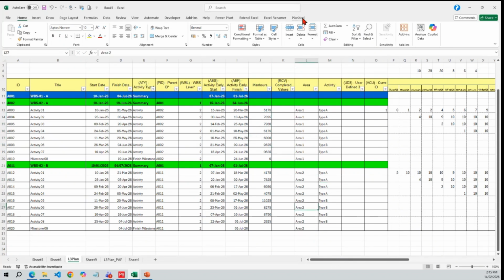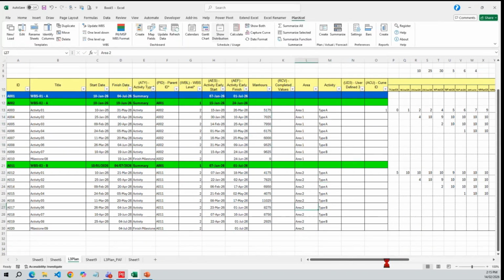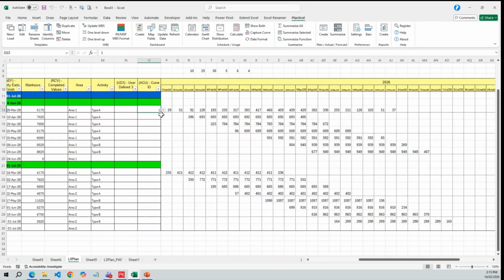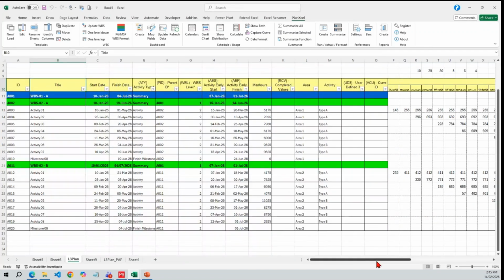I can again use the same show distribution. This will give me the distribution of the man hours. I'll apply it linearly for understanding. Now we are